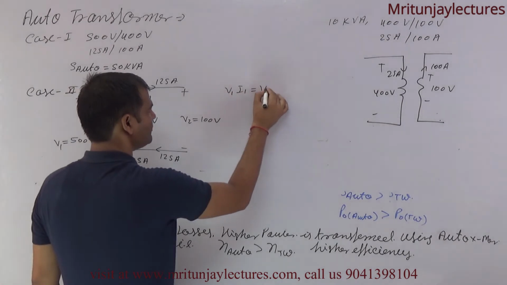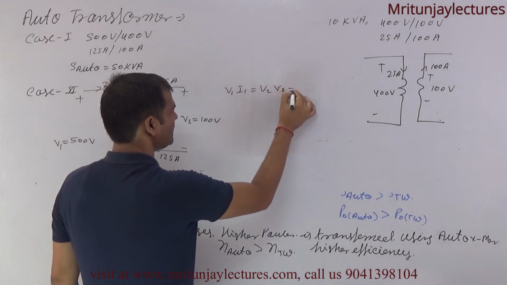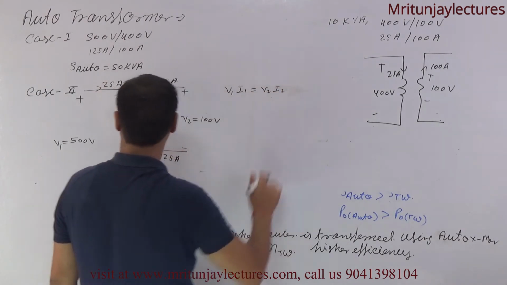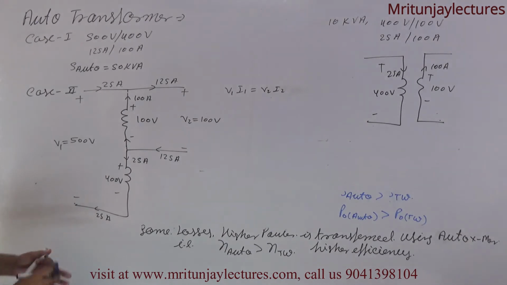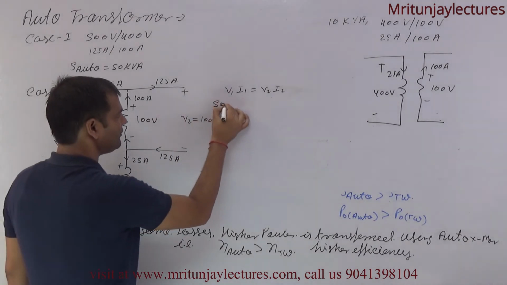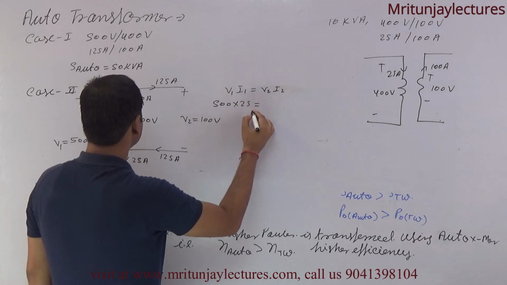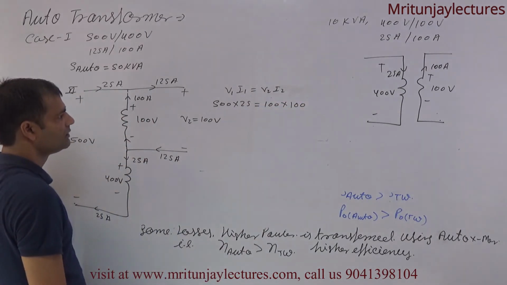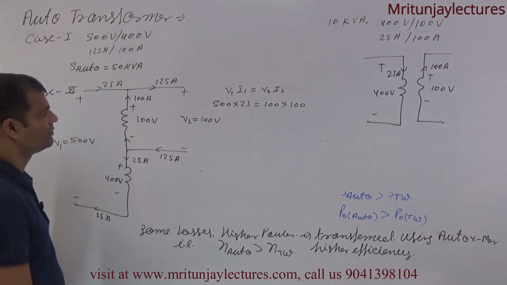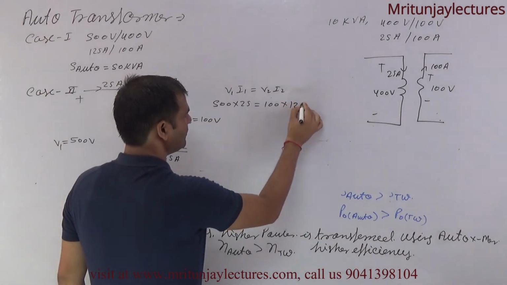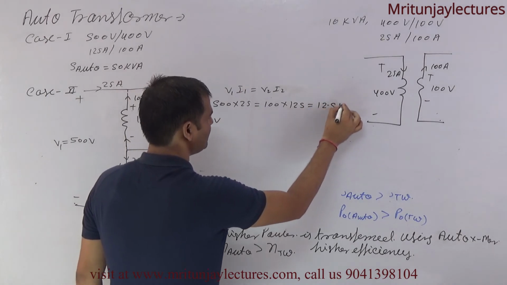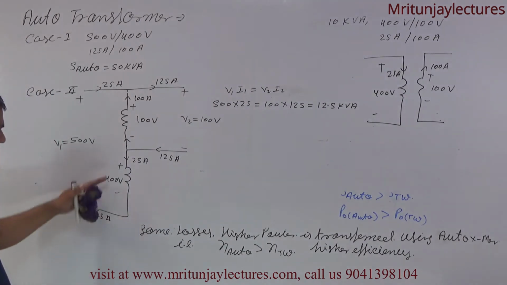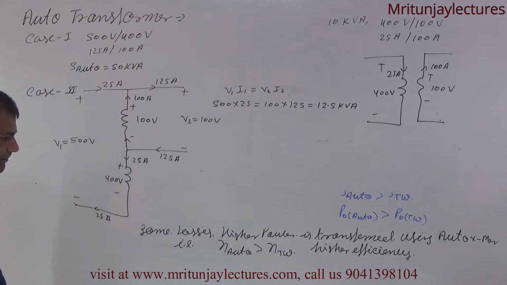V1 I1 will equal V2 I2. 500 into 25 will equal V2, 100 into 125, that is 12.5 kVA. Clear? It means connection is right. Okay, now